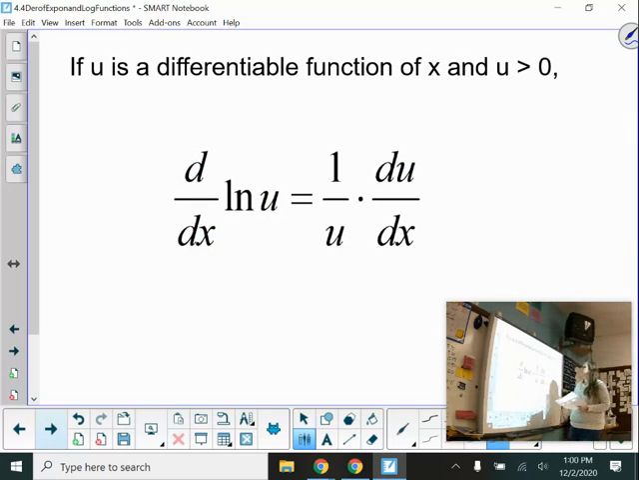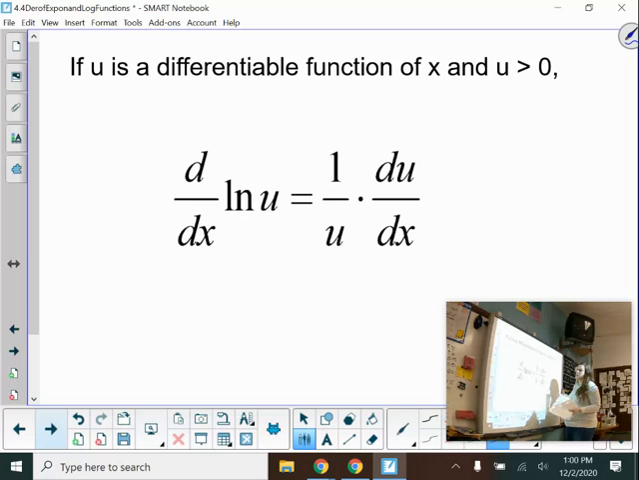Okay, so if you have u as some differentiable function, that has to be greater than 0 because you can't take the natural log of 0 or any negative number. The derivative of natural log is 1 over what you're taking the natural log of times the derivative of that term. So if you're taking the natural log of 2x, it'd be 1 over 2x times the derivative of 2x,